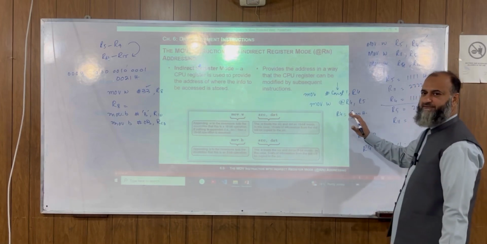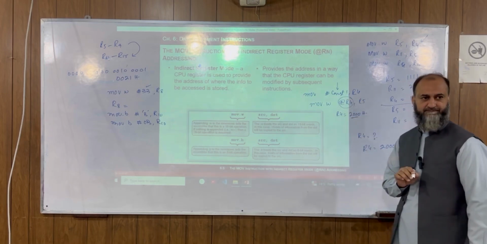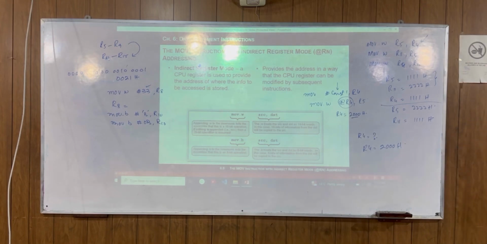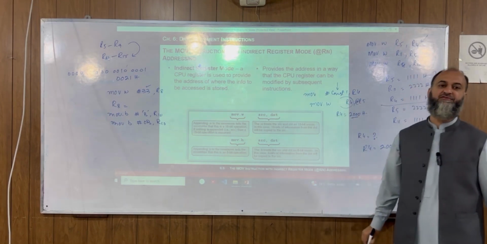In the format of the instruction, this one remains the source all the time; it cannot be the destination. For example, if I write it like this instead, this is an invalid instruction.